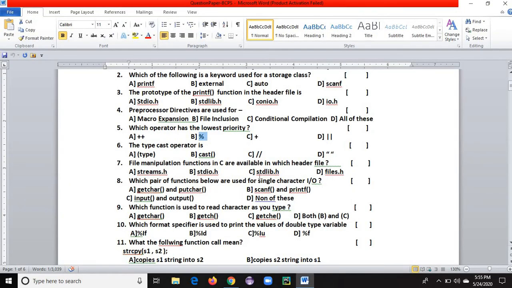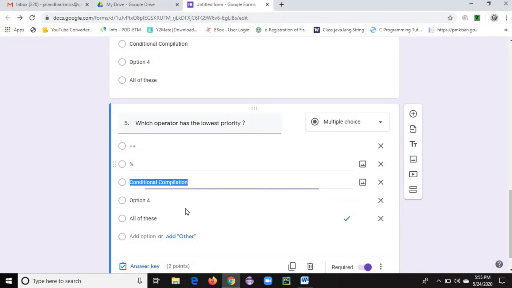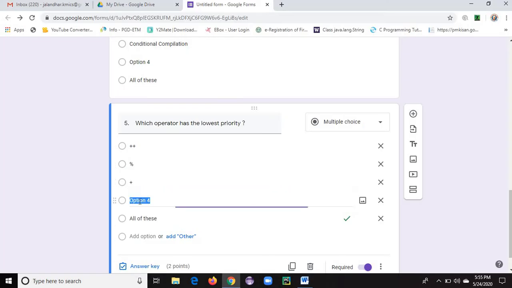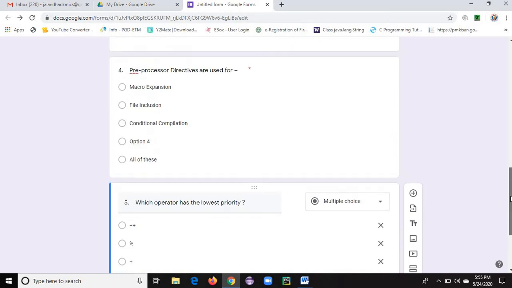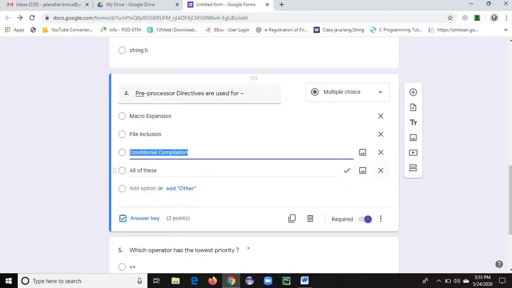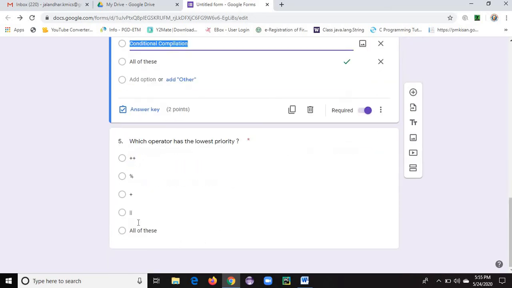And one more fourth option is like this, plus. 1, 2, 3. One more thing is this one, R operator. How many options have I given there? Five options. This fourth option is not required, I'm removing it. An extra option has come, so here also I am removing the extra option.